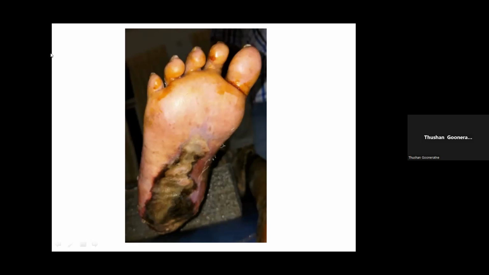Pressure is the primary problem, and of course it's in a pressure-bearing point, perhaps not relevant in the acute stage, but later on when you do manage this wound at some point, you need to consider the fact that if the patient keeps on walking on this, the pressure will cause a problem to wound healing. So first of all is making sure that the important life-threatening, limb-threatening things are sorted out, and of those, V